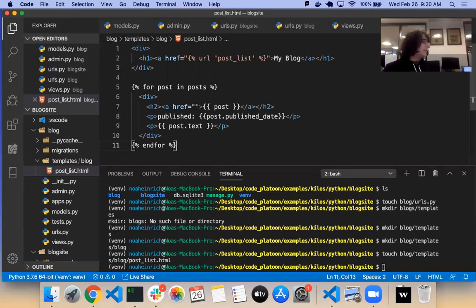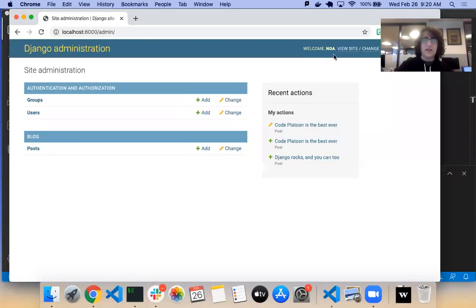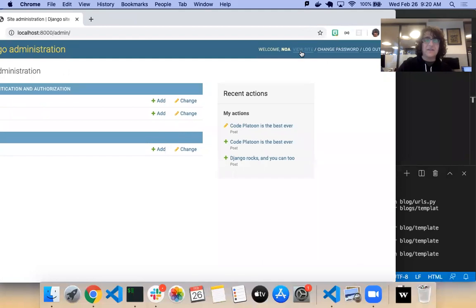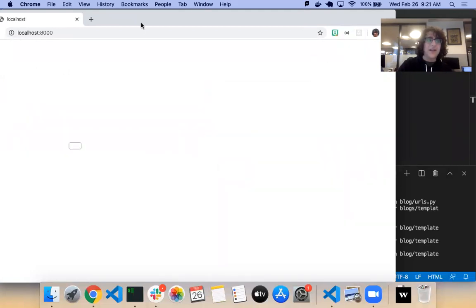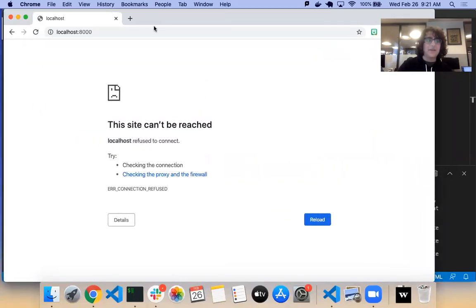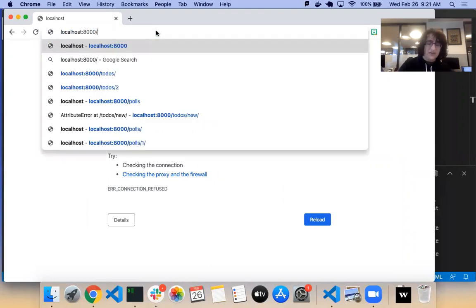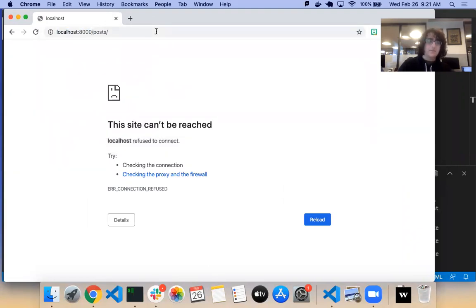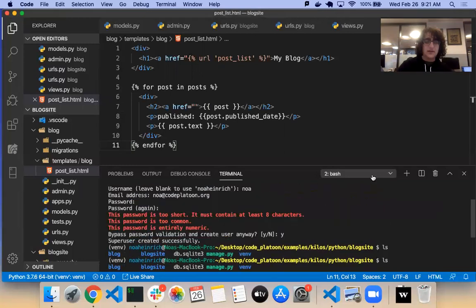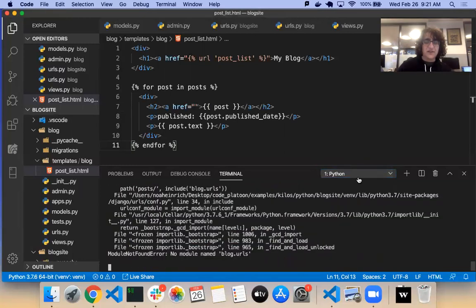Is all of this familiar, or do you have any questions on how this part works? Okay, let's test this out. So the cool thing is they've got a view site link right here. Click on that. Can't be reached, but we're trying to go to /post. Let's see what happens. See if the server has anything saying. No module named blog.urls. Uh-oh.